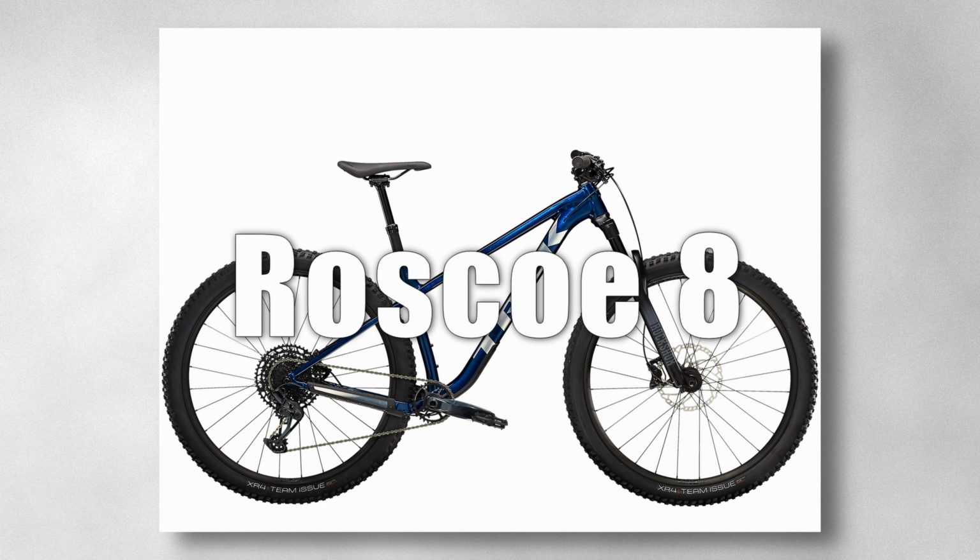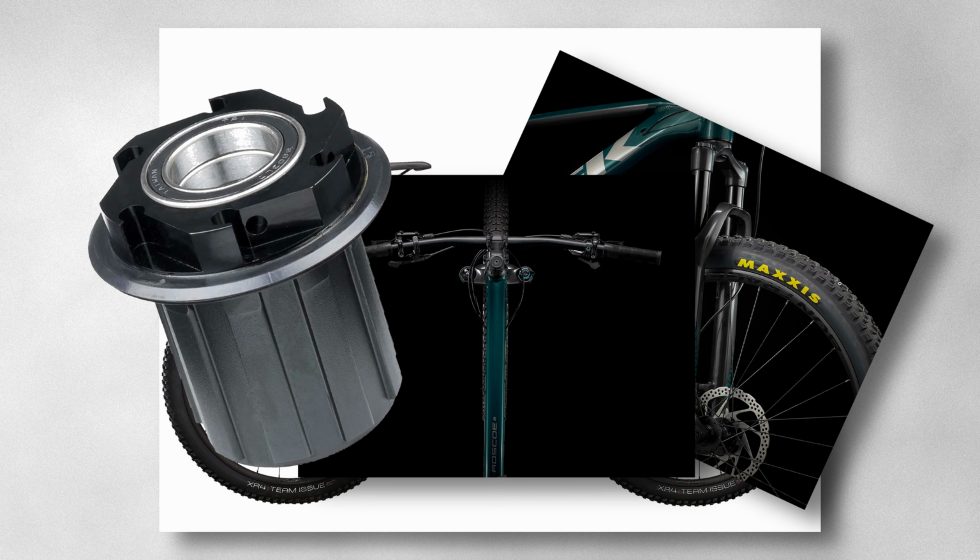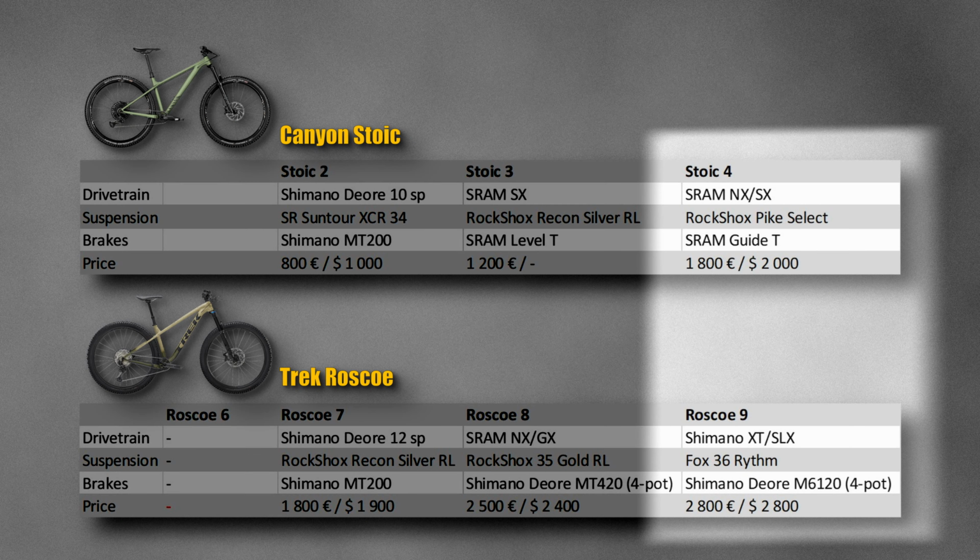A few hundred euros extra will give you a fork that does not flex as much, and one-finger brakes, along with that sweet hub. At the very top end, the Roscoe 9 is a better spec bike, but I'm a cheap Swede and I would settle for the Stoic 4. It's good enough for my type of riding and the bike fits my size better. Or maybe